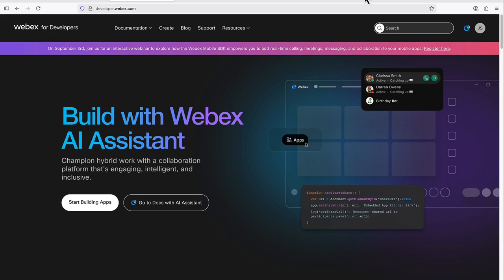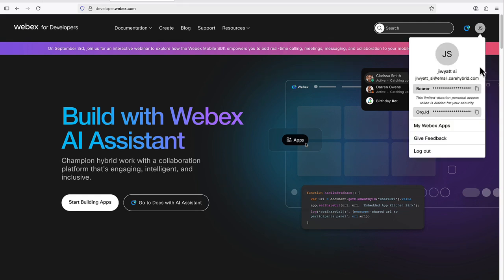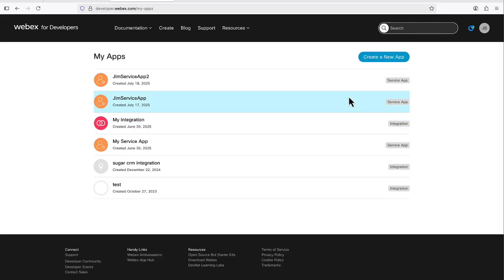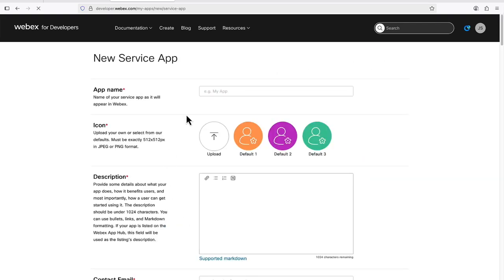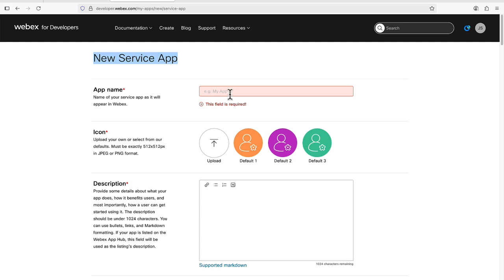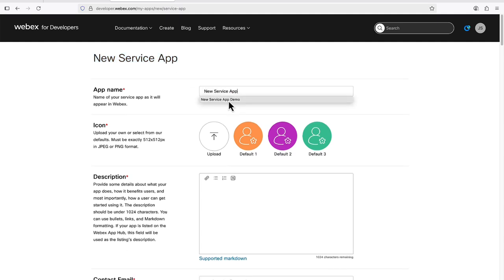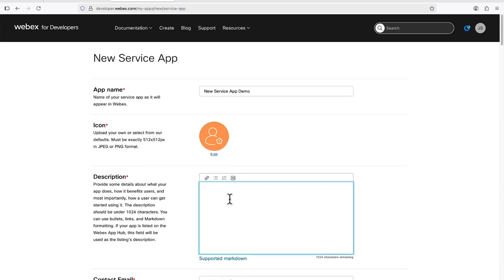So first things first, you need to go to developer.webex.com, log in, and then go to My Webex Apps. You're going to create a new app. You're going to create a new service app. Okay, so let's create this as service app demo. Select your icon. Let's give it a description,